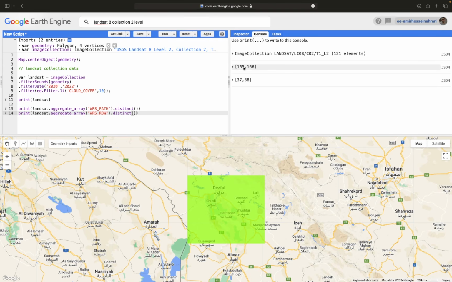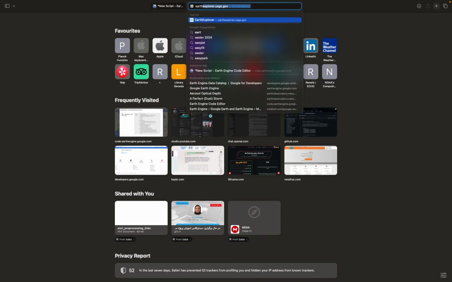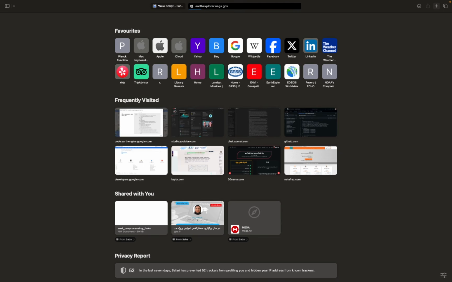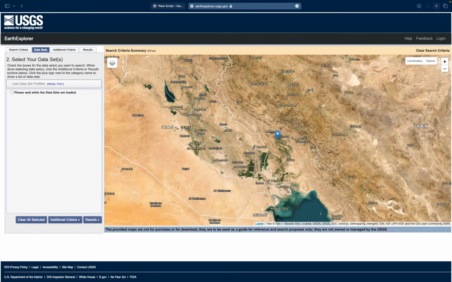Immediately you can see two passes and two rows, or two types of frames, available for this region. If you want to show which one completely covers your study area, the simplest way is to go to the Earth Explorer website. The Earth Explorer website is launched by NASA and USGS together, and it is the main hub that releases Landsat